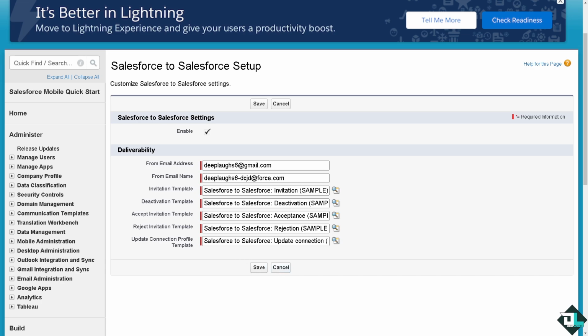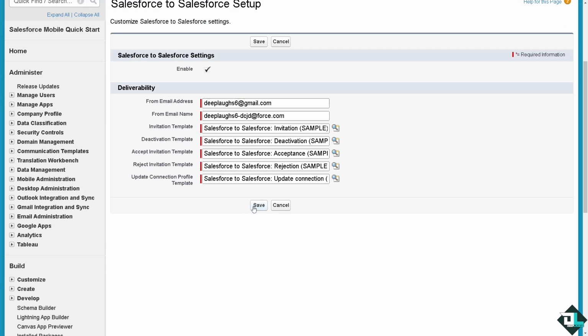And again, you can configure other settings, such as allowing all of these after setting up some email notifications. And again, just click on save